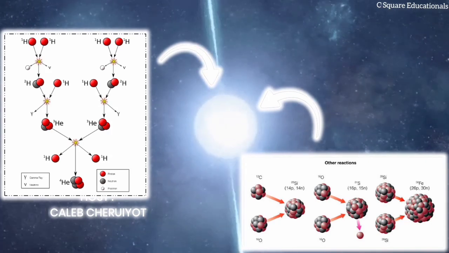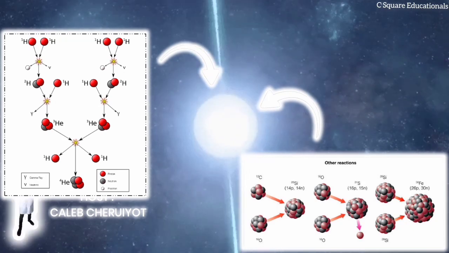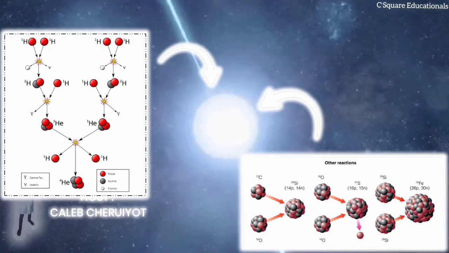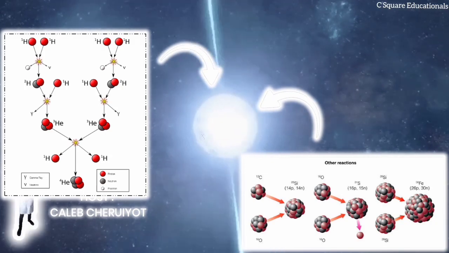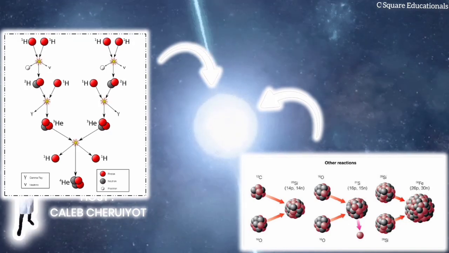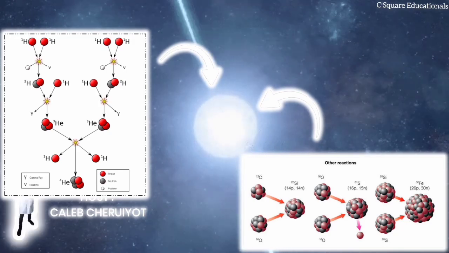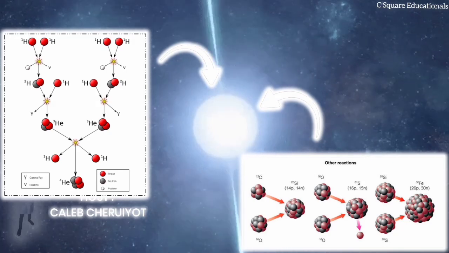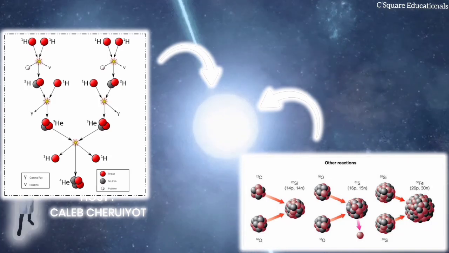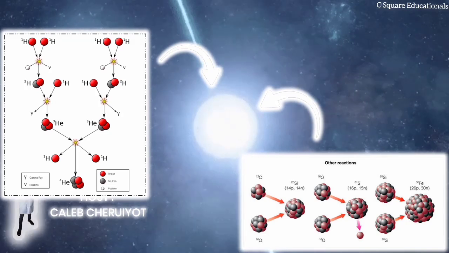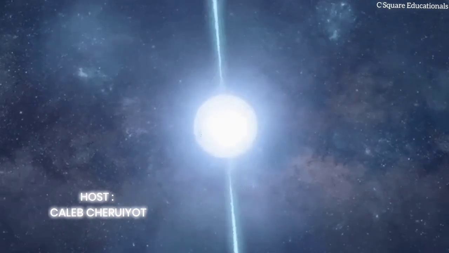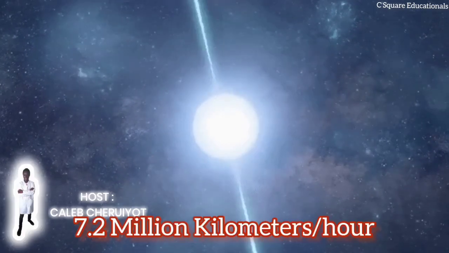Sci-fi. This quantity amounts to roughly 1 billion tons, comparable to the mass of Mount Everest, confined within the space of a sugar cube. The gravitational pull of a neutron star is remarkably potent as well. Dropping an object from 1 meter above its surface would cause it to hit the star in 1 microsecond and accelerate to a velocity of 7.2 million kilometers per hour.